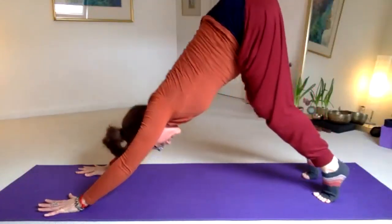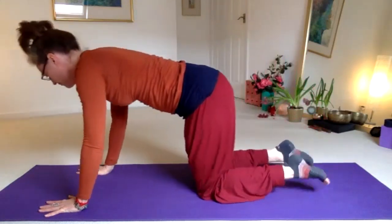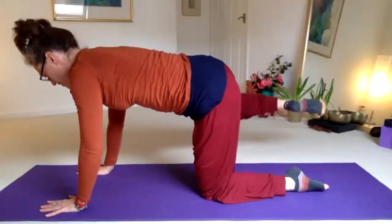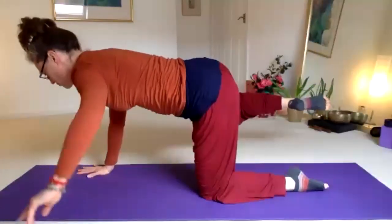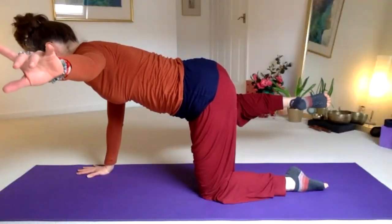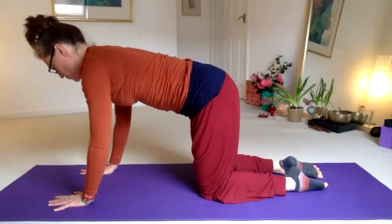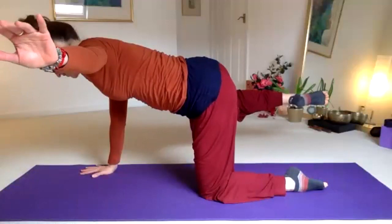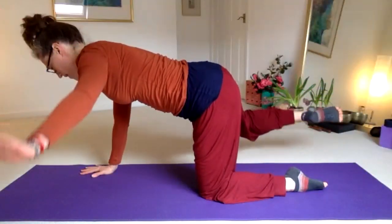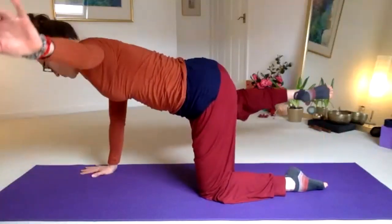And then let's come back down onto the knees. Lift your right knee, your right foot out to the side. And see if you can also take your left arm out to the side. And then you lower the right knee, the left hand, and you do that twice more. So right knee out to the side, left arm out to the side, you're looking past the front of the mat, and back to center, and once more,